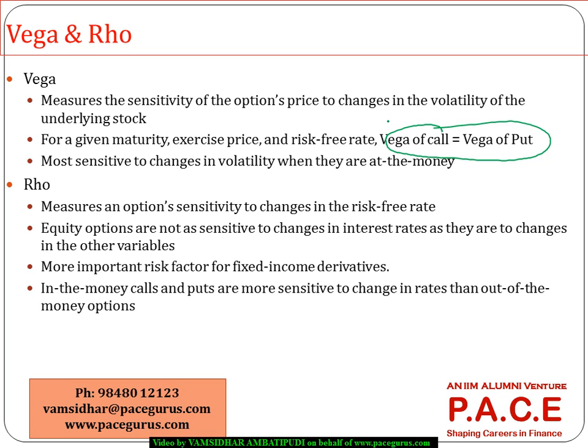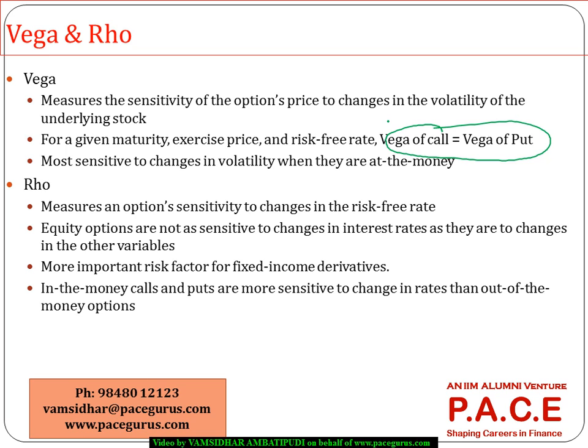If the volatility is changed by 1%, both the call as well as put increase by the same mechanism. So that's where we say Vega of the call, if all others are constant, is more or less equal to the Vega of the put. One important relationship. And again, this is also very sensitive at the money. All of them are more pronounced at the money and they become weaker when you go away from the money. The only thing you have to remember is theta is one value which is more negative at the money, higher but on the negative side,